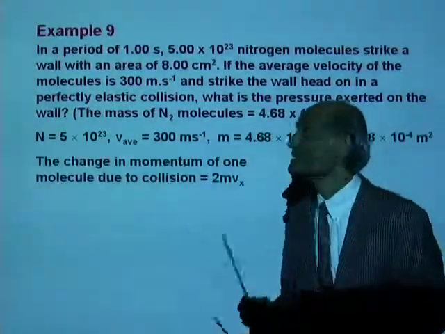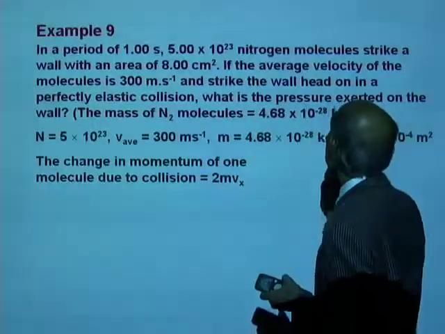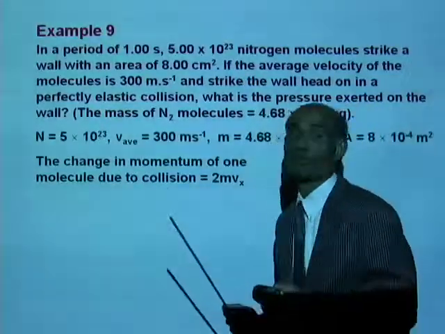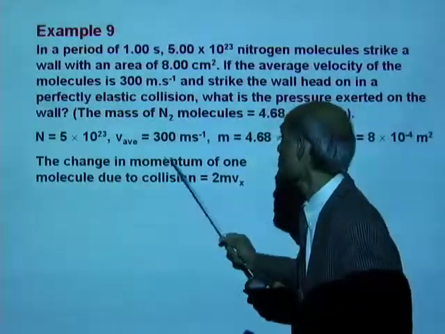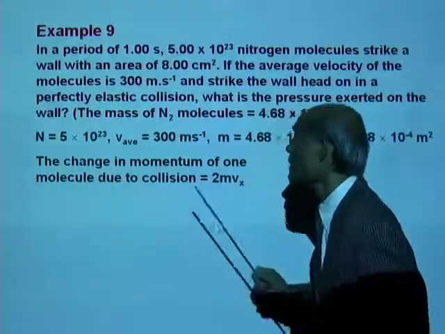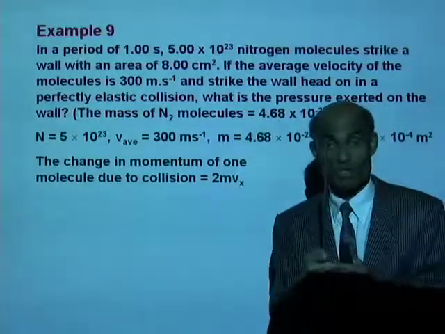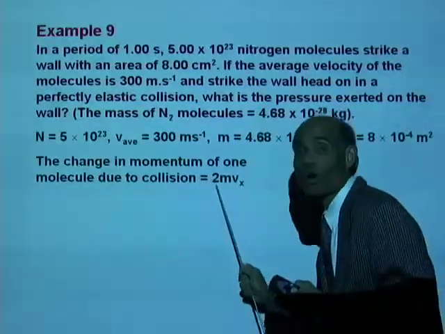What do we need to find? We need to find the pressure exerted on the wall. Well, first we find the total force. The change in momentum of one molecule due to collision. You remember we said we obtained that as